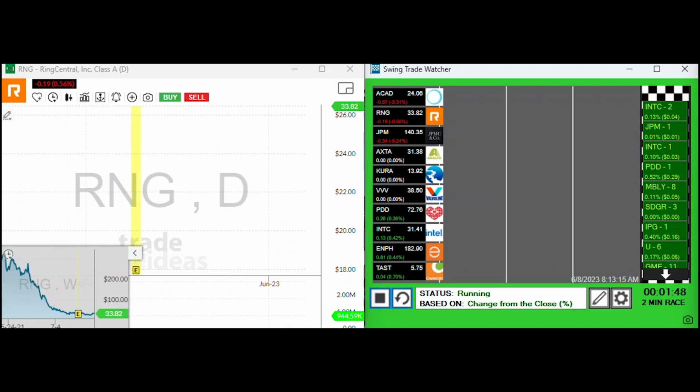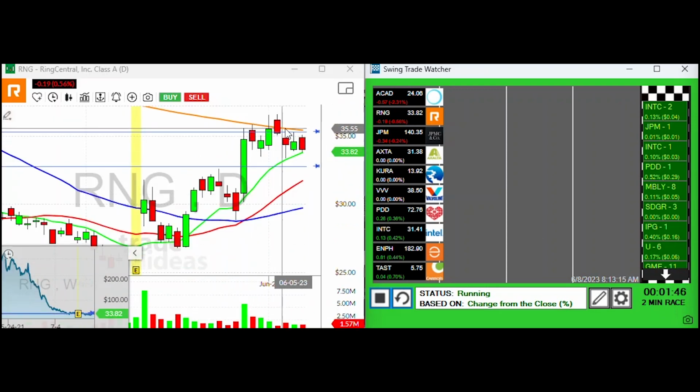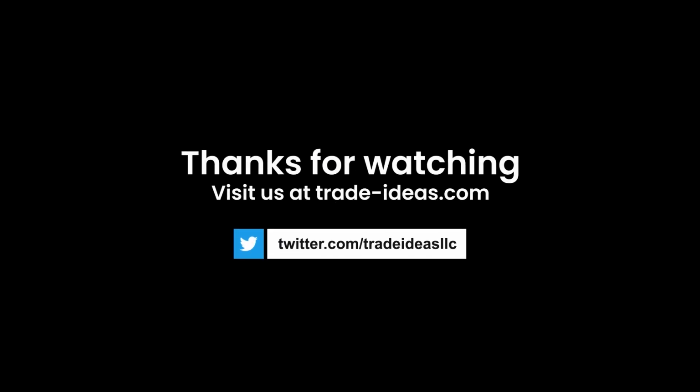One that maybe keep an eye on is RNG above this 200-day moving average. Just set your alert in that one. No use trying to guess when it's going to go, but if it gets above that 35.50 level,